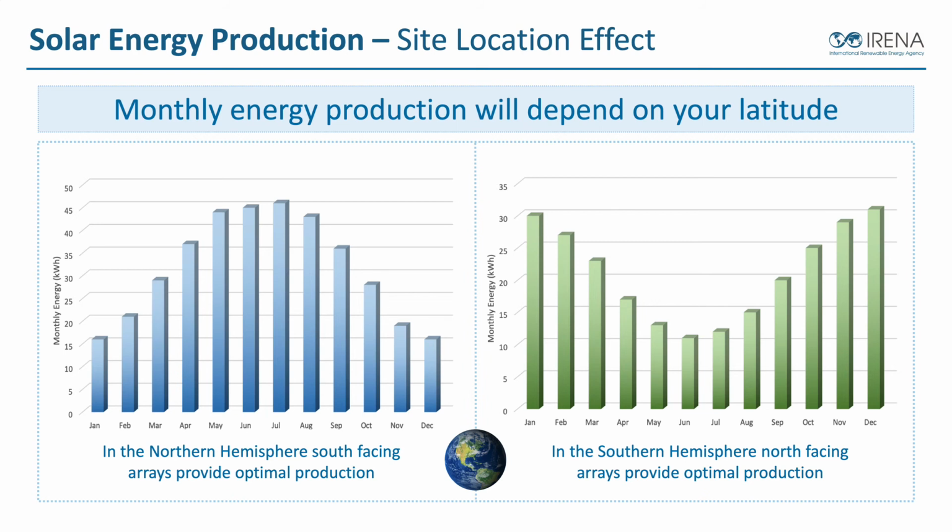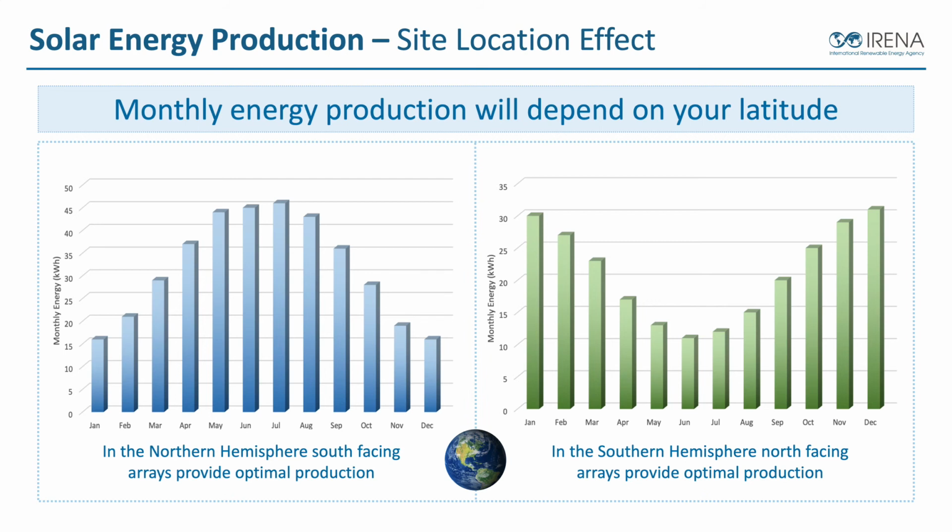December, January, and February. Now, if we look at the graph on the right, if we're in the southern hemisphere, then in the southern hemisphere, north-facing arrays provide optimal production. So we're going to get basically a reverse here because of where the sun's at. And so in the southern hemisphere, we want to be pointing our arrays also towards the equator, which would be north or relatively north. And how close to the equator or how far away we are can make various impacts